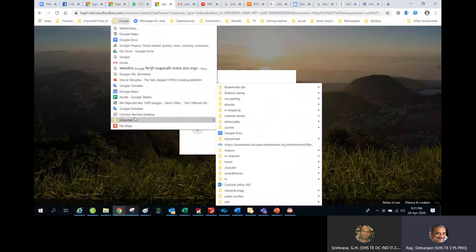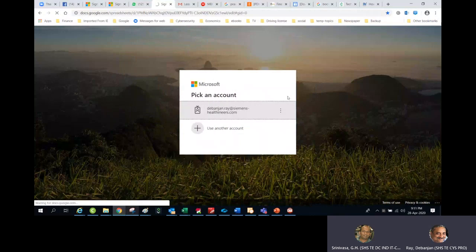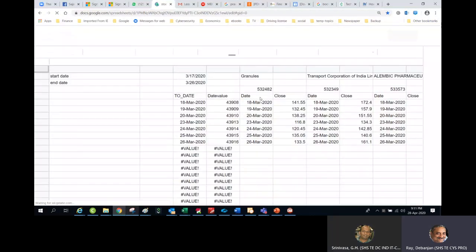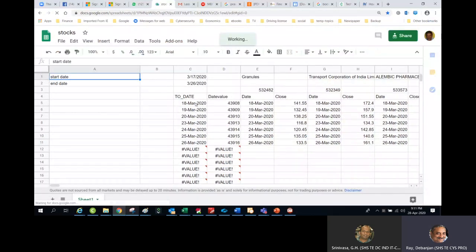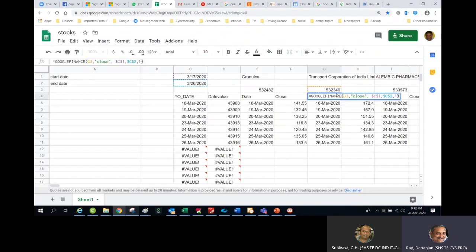Let me show this one. In Google Finance, there is a formula. You can see the formula is equal to GOOGLEFINANCE, then bracket, beginning, and then G3. G3 is typically this one. This is the code, the stock code.